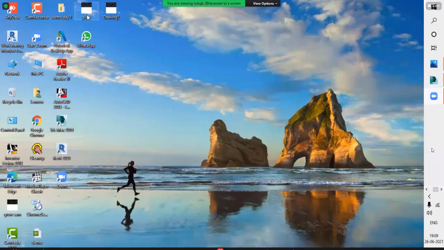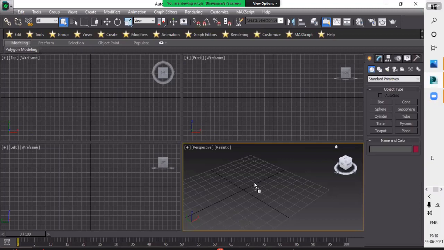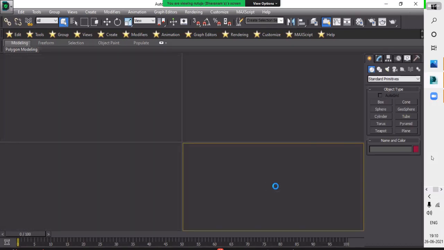Okay, so what we can do, take your file from here and just drag it into your 3ds Max screen. When you release it, there are three options here: import file, link file, and cancel. You just choose import file. Okay, and when we import it,